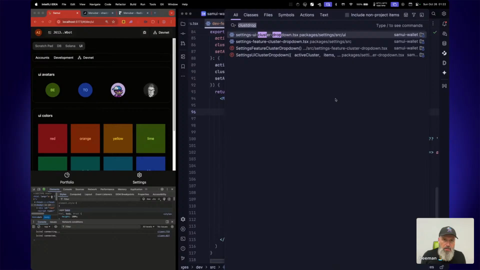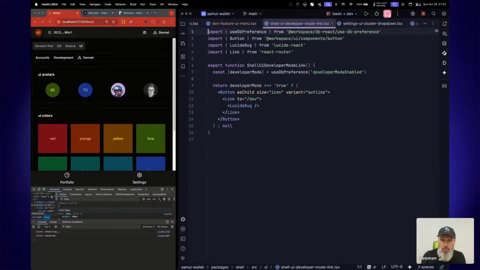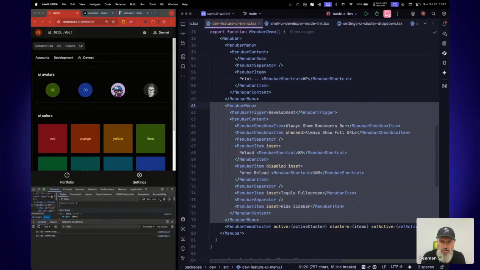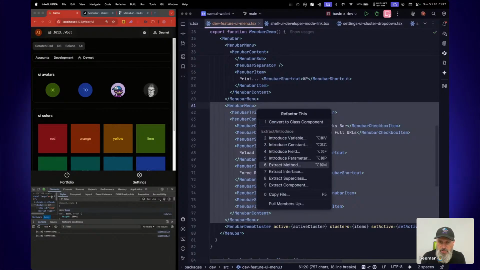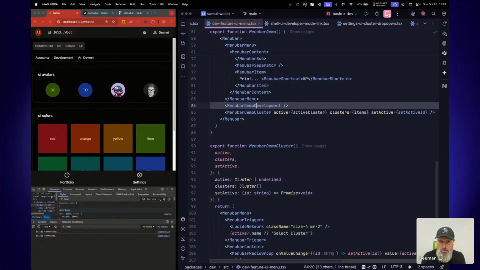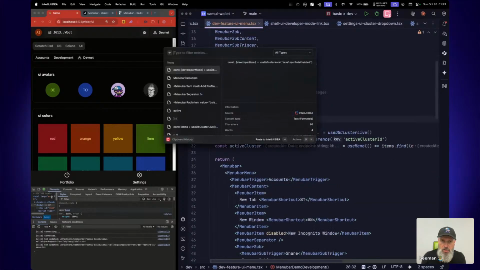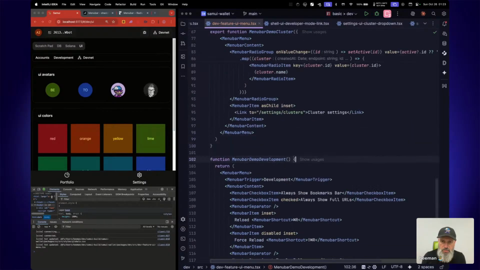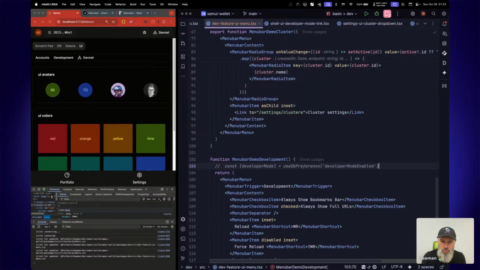if we say shell, and we have this development link mode, here we have a toggle to say developer mode. So what I can do here is actually take this one, and I guess I can just extract it into a component, which is going to be called menu bar demo development, just like so. And